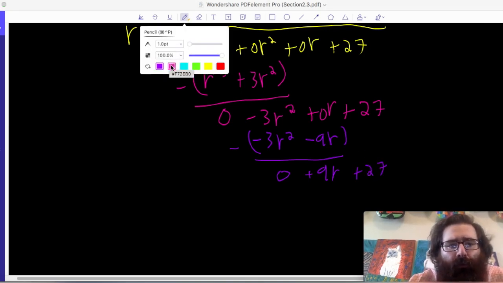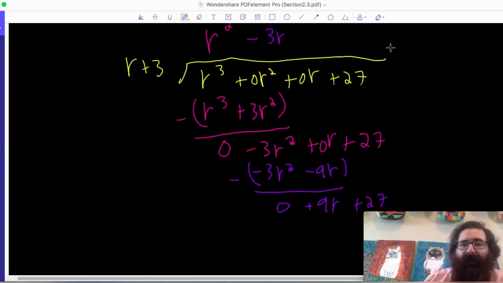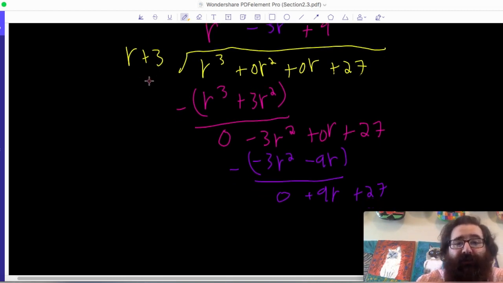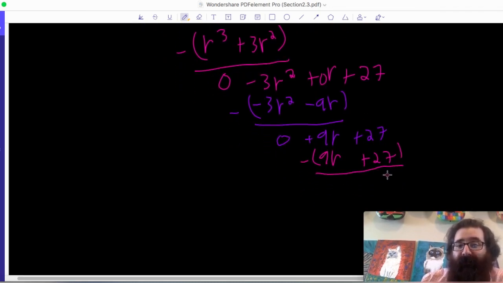And then we'll go once more with this. 9r divided by r gives me 9. And then if I multiply through, this is actually going to work out perfectly. 9 times r plus 3 gives me 9r plus 27. And going through and doing that last bit of subtraction leaves me with a clean division, a remainder of 0,